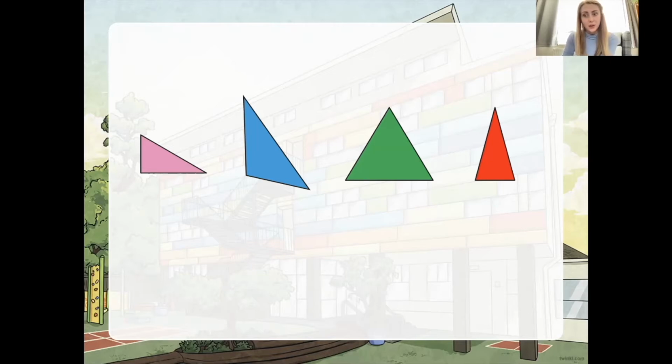The red triangle has got 2 sides that are the same length and one side at the very bottom that is a little bit smaller. So that one there is an isosceles triangle. It has 2 sides that are the same, 2 angles that are the same, and one that is different, one